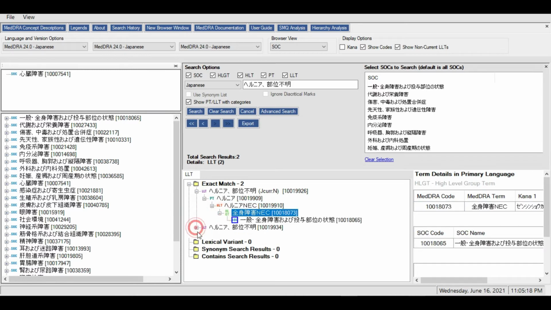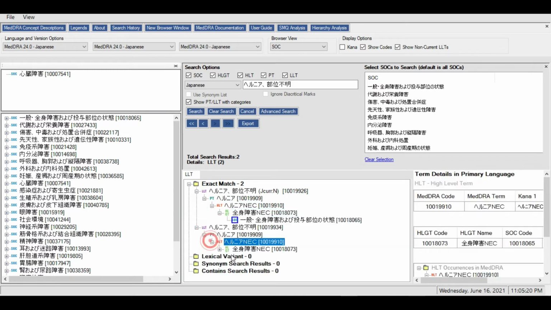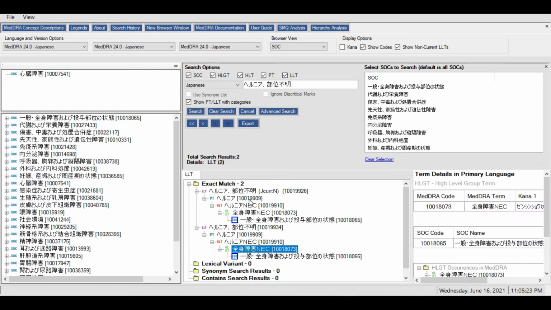You will also notice that even the hierarchy of both the terms is the same, like 9909, 9909, 9910, 9910, 8073, 8073, 8065, 8065. But the actual term differs.